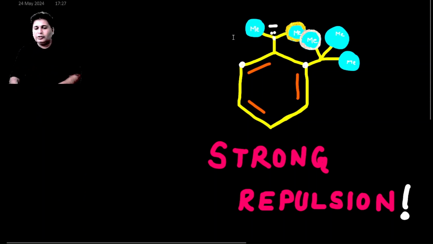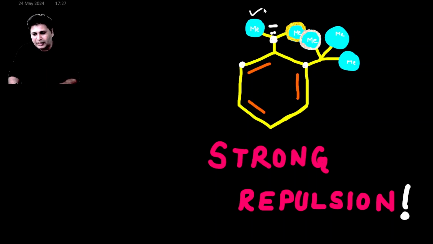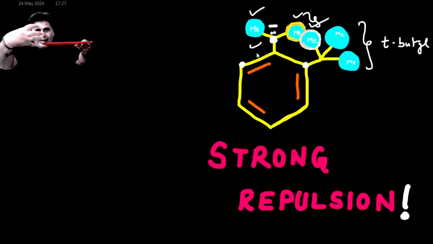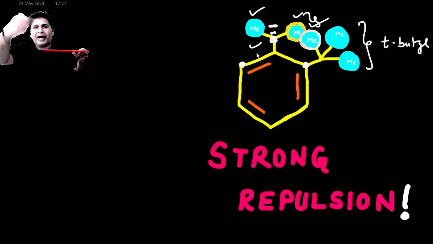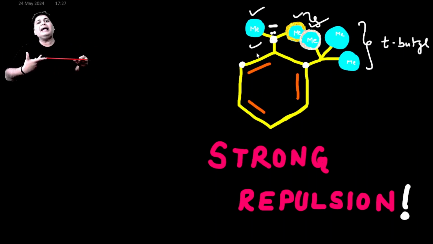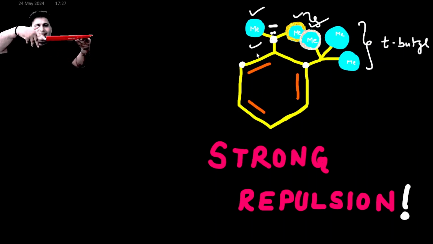For example, you had a situation like this. This is the carbanion which has 2 bulky methyl groups attached, and at the ortho position, if there is a very bulky tertiary butyl group, as you can see on your screen, then again there is a strong repulsion right here. If the carbanion tries to remain in the plane of benzene, then from here it feels a strong steric repulsion. So in order to reduce that repulsion, it has to turn like this,